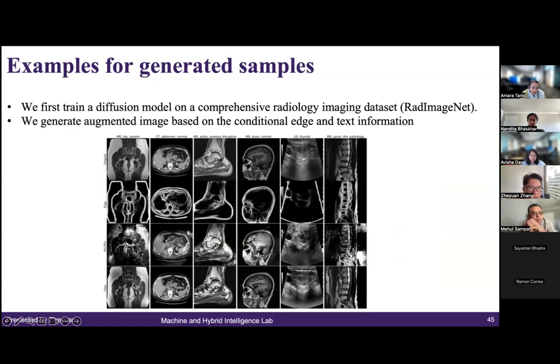We can find that comparing with the original one, actually there are a lot of differences between them in terms of intensity distribution. Like here, they introduce very different intensity distributions compared with the original one, or here in this MRI of the knee or ankle. But overall, the shape of the image itself is maintained very well between the original and the augmented samples.